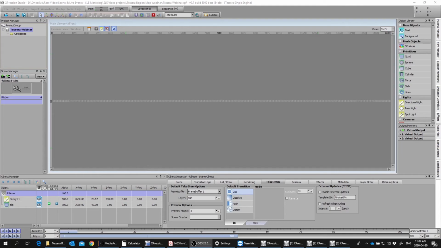Now, what are the advantages to this? The biggest advantage is by building a template like this, I have one item that I need to trigger. So when this comes down to controlling it from your production switcher or building a dashboard panel to trigger all of these things, I only now have one ID to remember, one item to trigger.